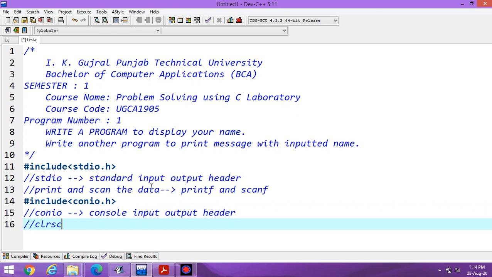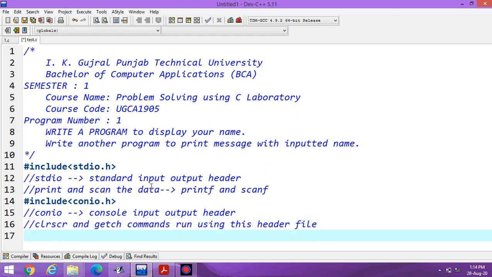Clear screen and getch commands run using this header file. With the help of this header file, you can run the clear screen and getch commands.